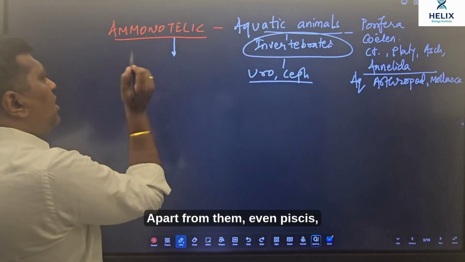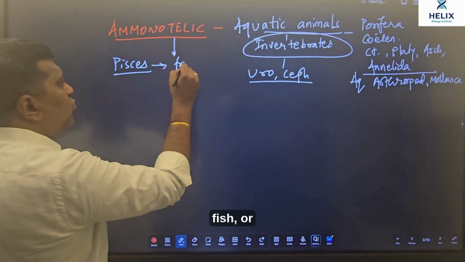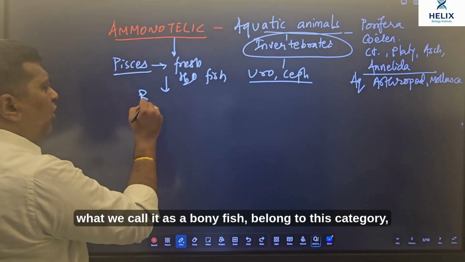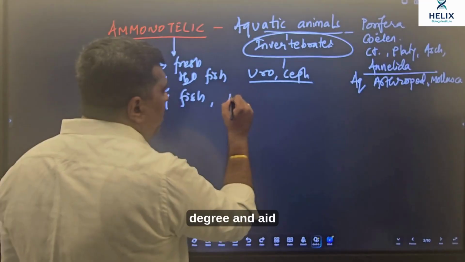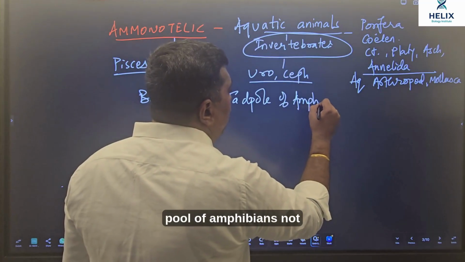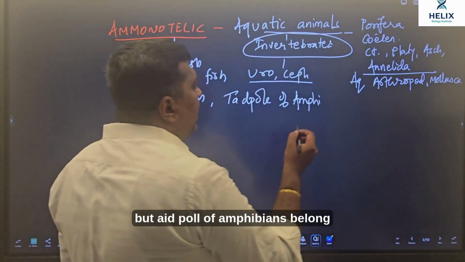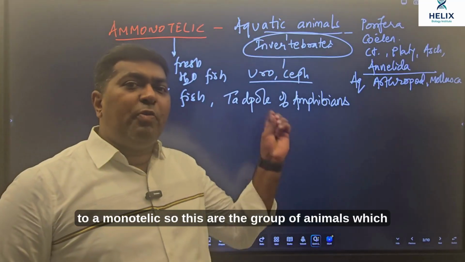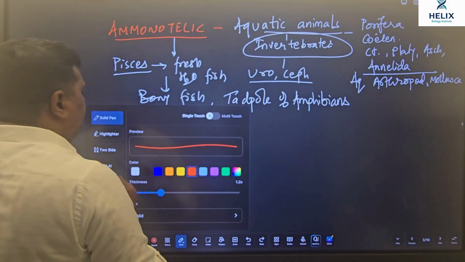Apart from them, even Pisces, that is precisely freshwater fish, or what we call bony fish, belong to this category, and tadpole of amphibians, not the adult one, because adult amphibians are majorly ureotelic, but tadpole of amphibians belong to ammonotelic. So these are the group of animals which are called ammonotelic,